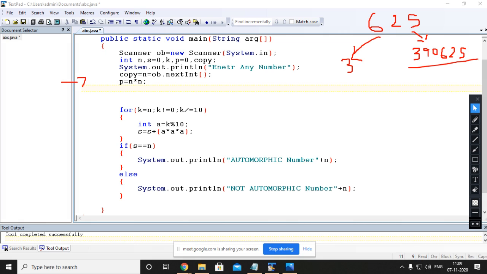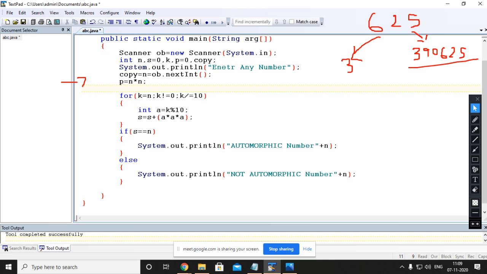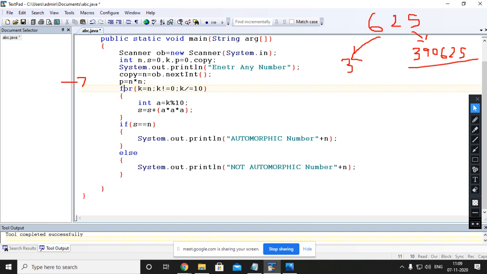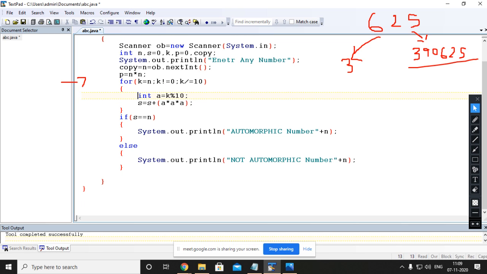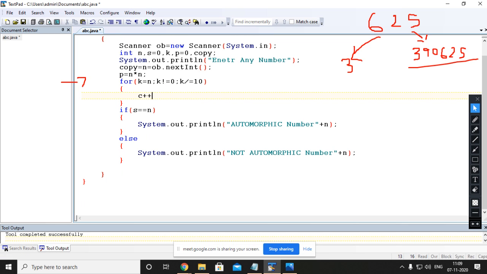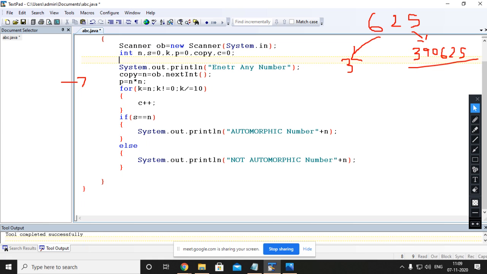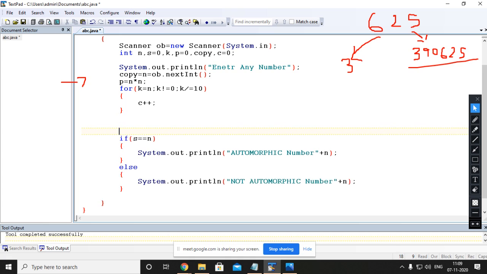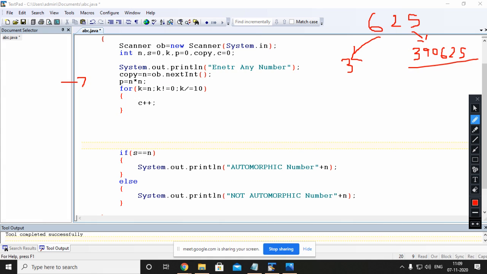And now we will count the number of digits. For that we are using k, and in this we are simply counting the number of digits. Is it okay, everybody, till here? And declare the variable also. Now after counting this, what are you supposed to do? After counting the number of digits, we will find 10 to the power 3, that is 1000. Now we will divide the square by 1000. Now see, the remainder you will get is 625.